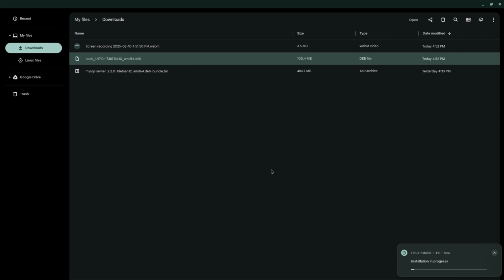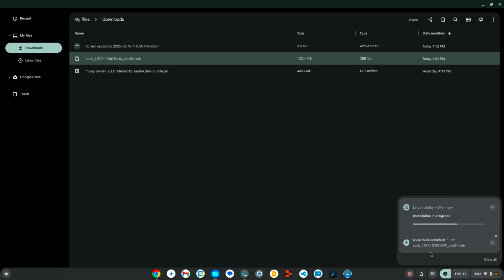A double-click on this file will prompt a window requesting permission to install. We should click on Install and then confirm by pressing OK in the subsequent window. The installation will commence. Once it is complete, we can access the menu from the shelf, where we will find